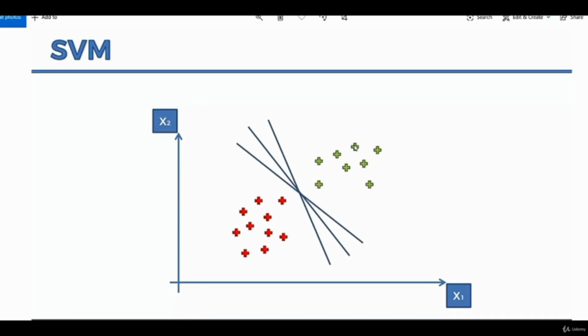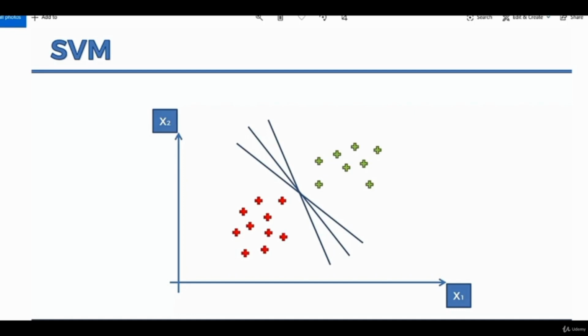Now this best fitting line doesn't affect the data points for training, but for testing this line is important for the classification because it is going to classify the data point. Suppose we have a data point around here. The first line is going to classify it as a red data point, but the second line, the middle one, is going to classify that data point as green. Now it is required to have an optimal line which is going to split and classify all the data points